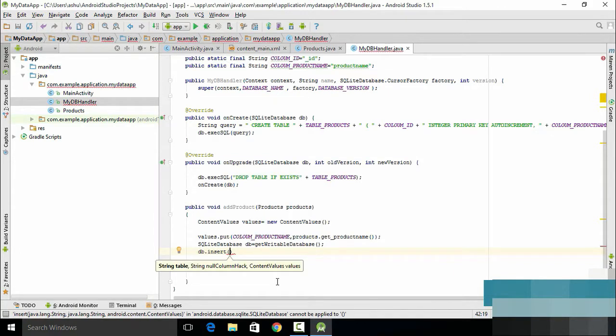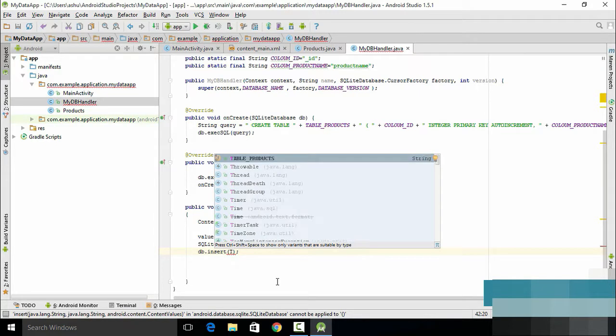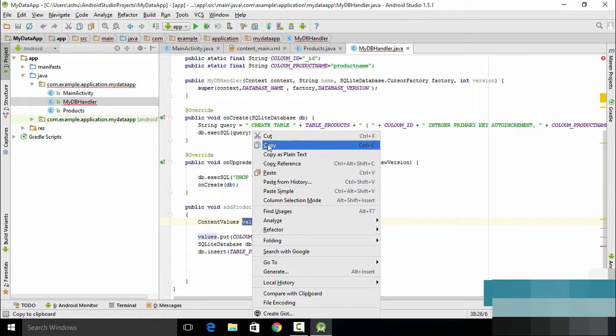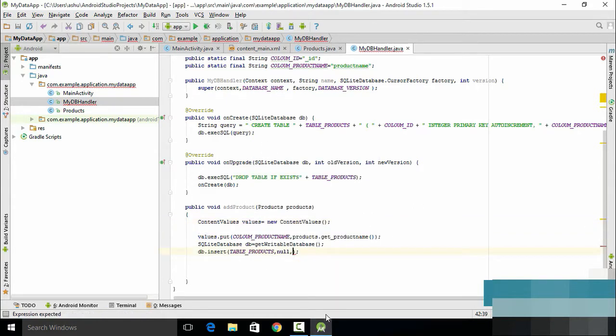So this method is used to insert values in the database, and the first thing is going to be the table name in which we want to insert. So the table name is nothing but the table products. Then we need to pass in null, and finally we need to pass in these values which we have just created, which actually combines the content, and when we pass it, each and every value is going to get inserted